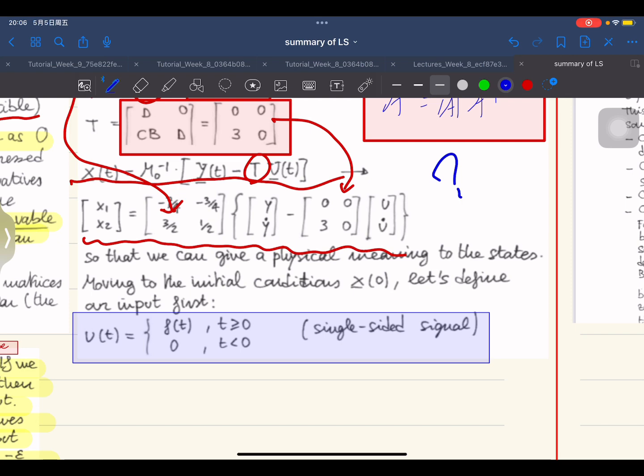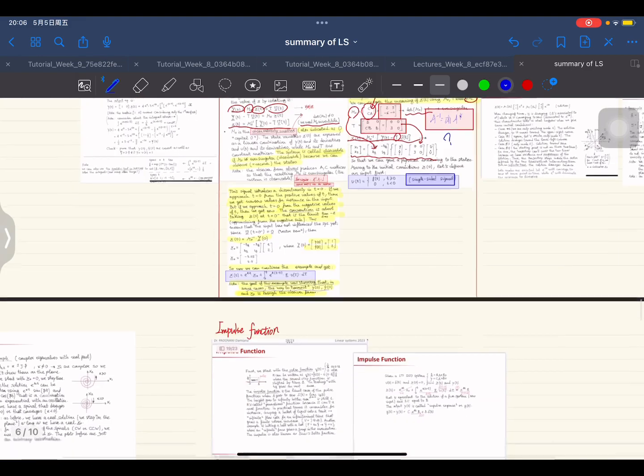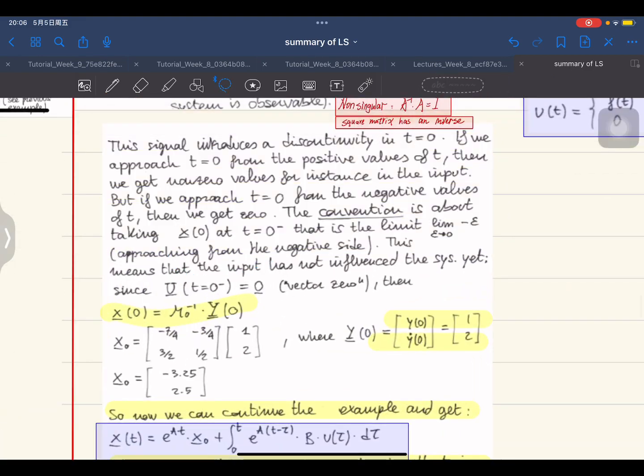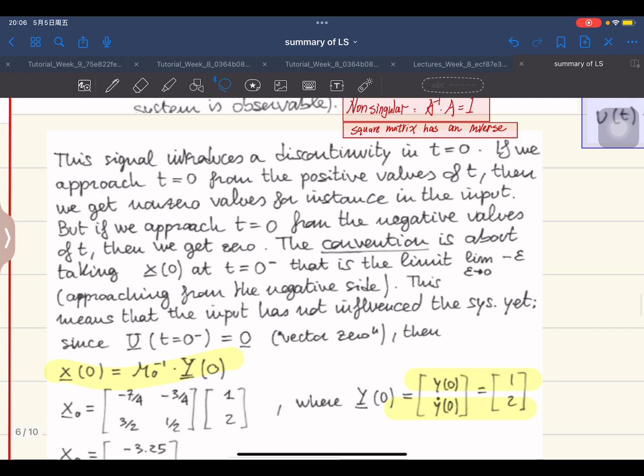Moving to the initial condition as 0, let's define our input formula. Why do we need to define this? Because sometimes the function will not always be zero. Let's see next. This singular reduction, okay,